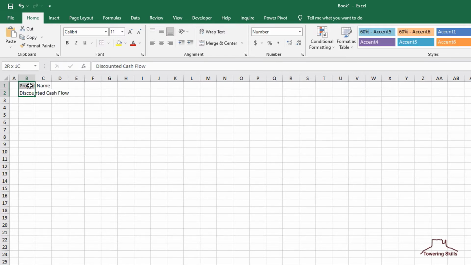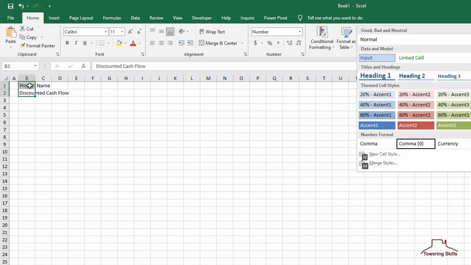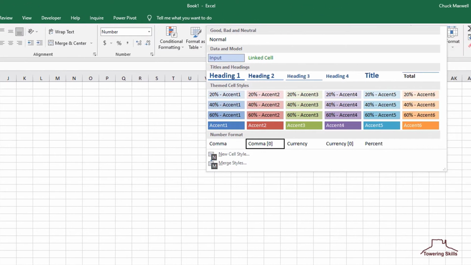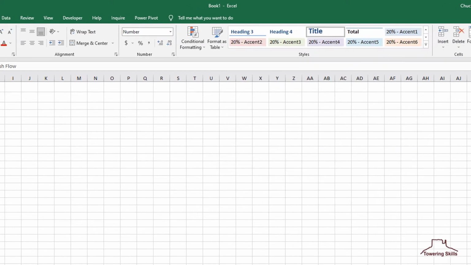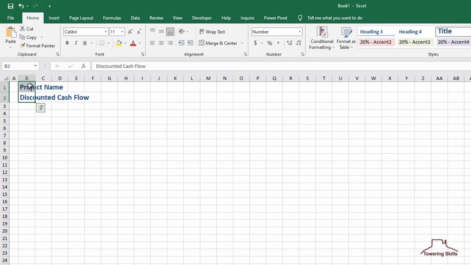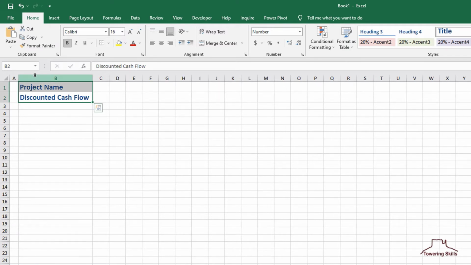We'll format cells B1 and B2 as title styles, and we'll set the column width of column B to about 202 points.